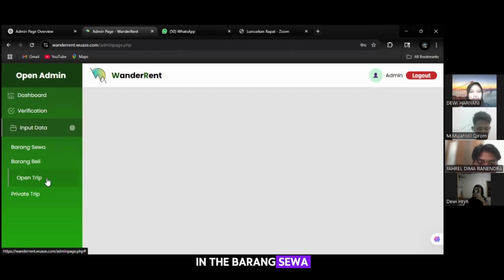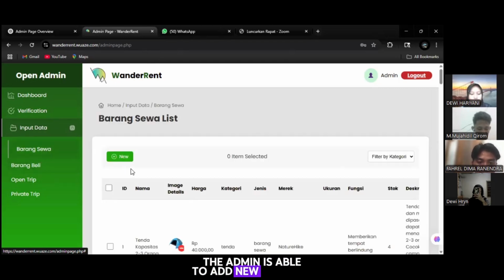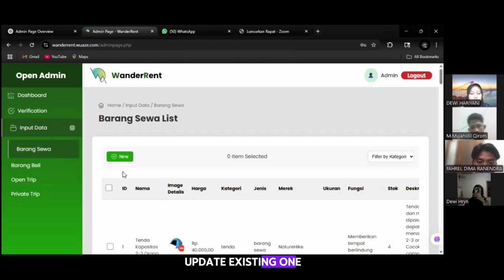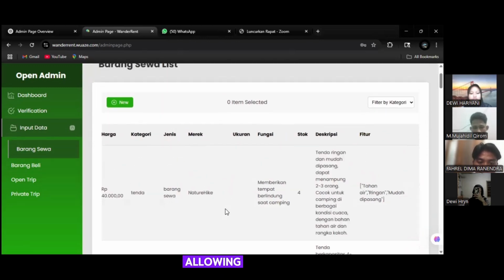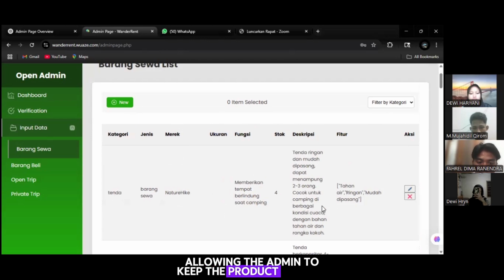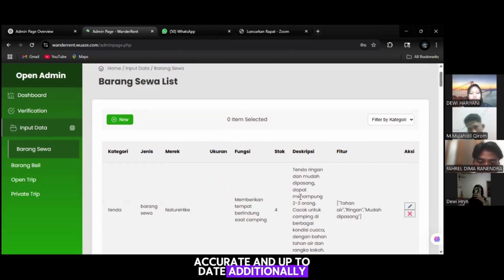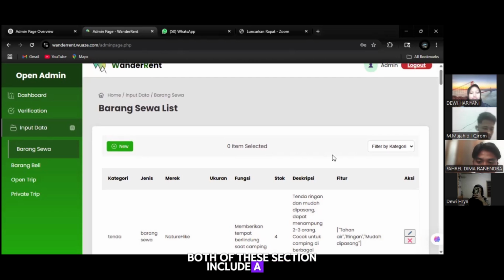In the barang sewa and barang beli sections, the admin is able to add new products, update existing ones, or delete them as necessary. This action directly affects the content shown on the main website, allowing the admin to keep the product listings accurate and up to date. Additionally, both of these sections include a filter by category.